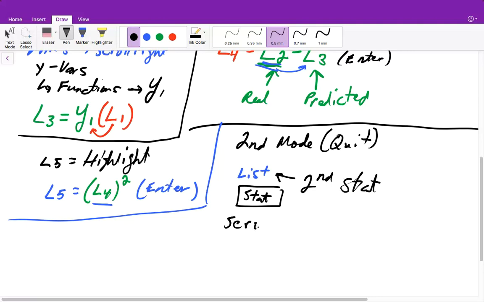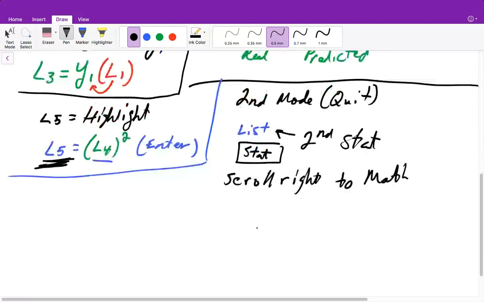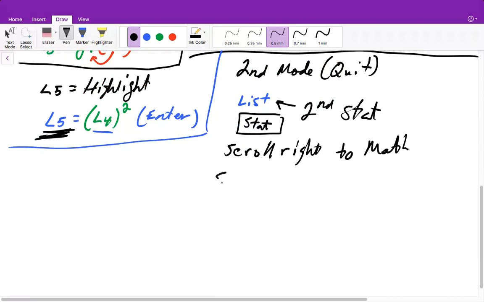You will scroll right to math. Right? And we want to add up all of our list 5. We want to sum all these up. So that means we will go down and we will select 5, our sum. So now this is what you will see on your calculator. It will say sum and parentheses. And what we need to fill in is list 5, because we want to add up all of our list 5s. So you would press second 5 to get your list 5, close your parentheses, and it will give you